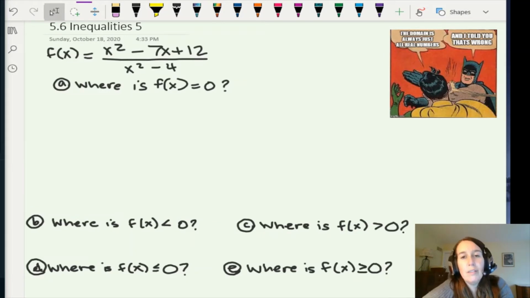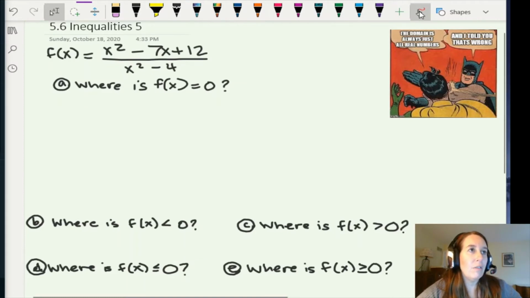Here is one last problem of solving a rational inequality. It's similar to the last one with one extra step in the beginning, but I thought it might help you to see maybe one more example of how these work, and then you should try them on your own in the practice sheets and in the homework. All right, so